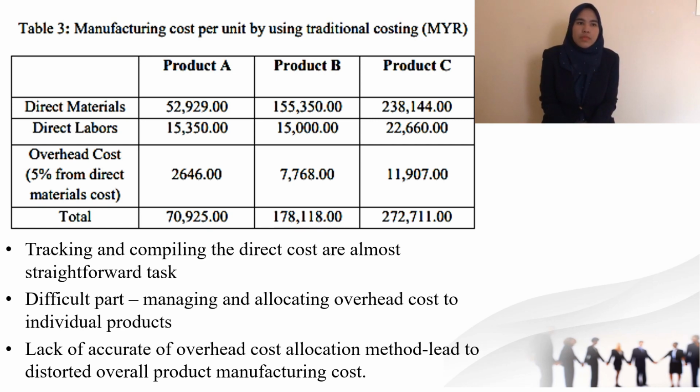So in this table there are 3 products: product A, B, and C. The direct materials for product A is 52,929 ringgit Malaysia. Direct labor is 15,350. Overhead cost is 2,646, and the total cost is 70,925. For product B, direct material is